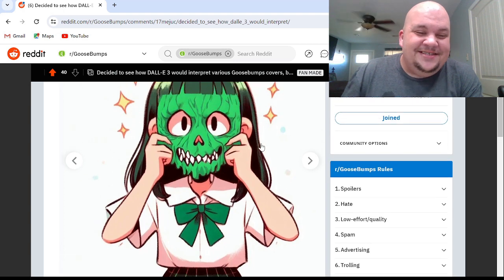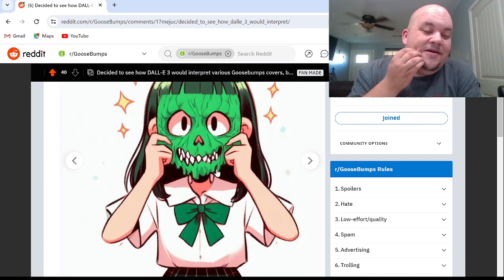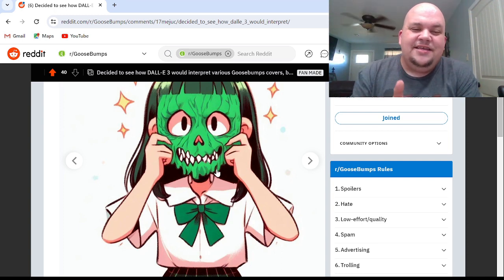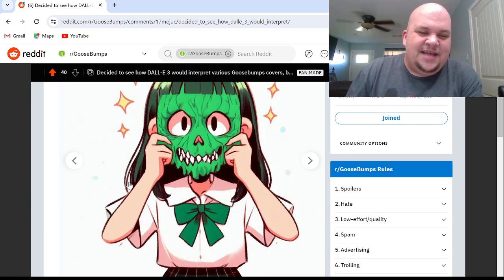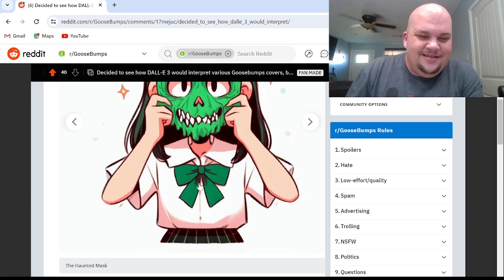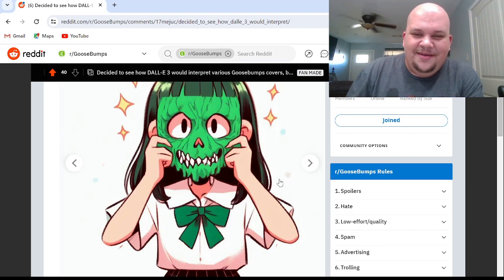Let's go with The Haunted Mask. This is a really good one. And I said this in a comment on this post: when looking at these, it made me think, what would be cool is if we got a new Goosebumps anthology show, where each episode was based on one of the books, like the '90s series, but instead of live action, it was animated, and each episode was done by a different studio. So imagine, or even a Goosebumps anime. That would be really cool. I like how the mask just looks like it's melting. That's cool. I love it.